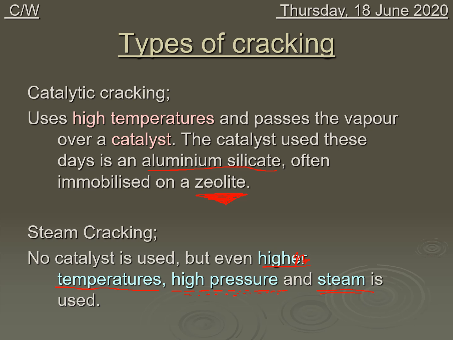Now, just a little bit of extra A-level stuff. This steam cracking, which is an example of thermal cracking, can actually make little alkenes in an efficient way. So actually, the one we looked at on the PowerPoint a minute ago, showing the big decane molecule being broken up into propene and ethene and pentane, was probably done by steam cracking or one of the other thermal crackings.